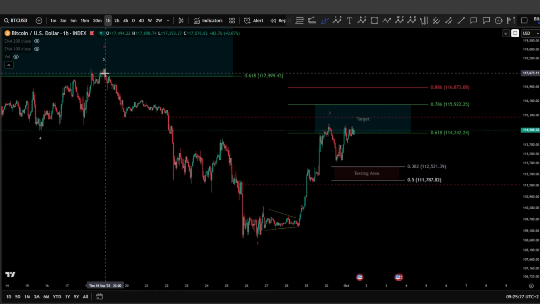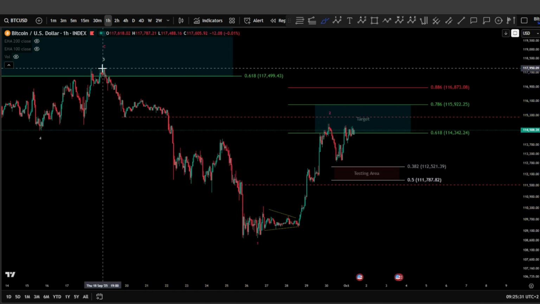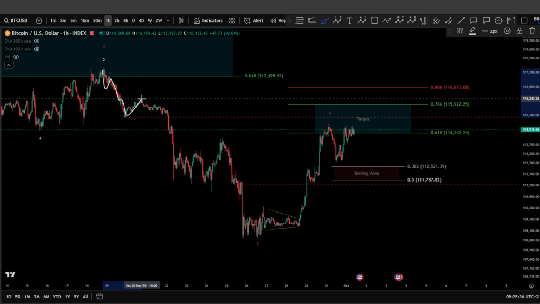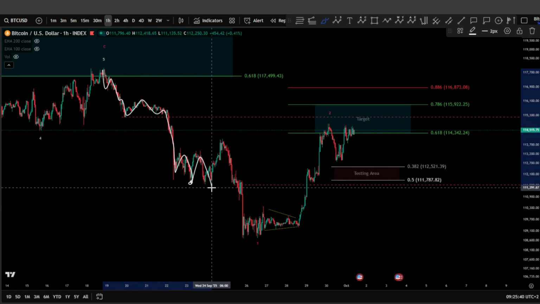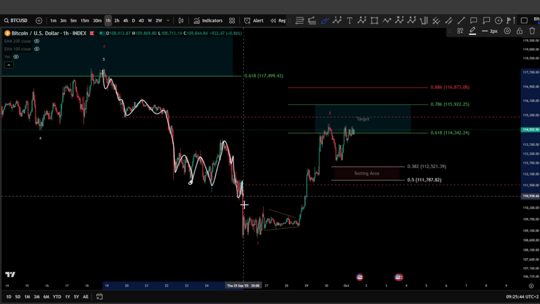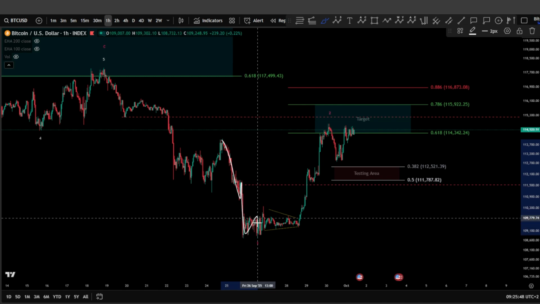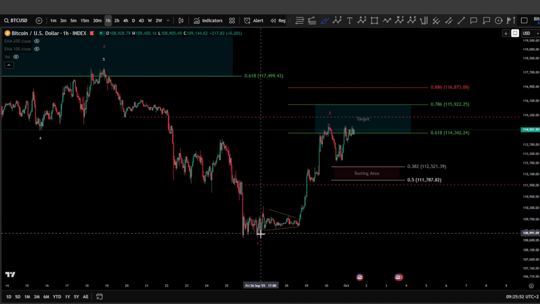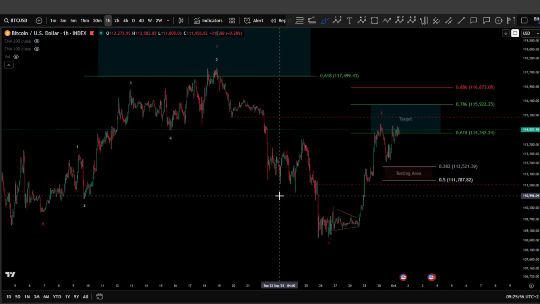Now this low started after a potential impulse where we have 1, 2, and then potentially 3, 4, and a 5, wave 1, wave 2, another 1, 2, 3, 4, and a 5 for a wave 3, ABC for a wave 4, and then of course 1, 2, 3, 4, and a 5, or even if you want to consider it as 1, 2, 3, 4, and a 5 with a low here, finished as well as an impulse over there, meaning 1, 2, 3, 4, 5, a very clear impulse finished.